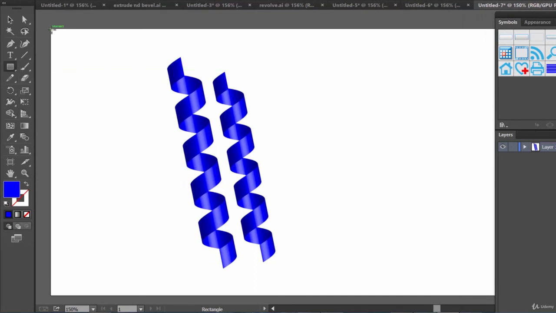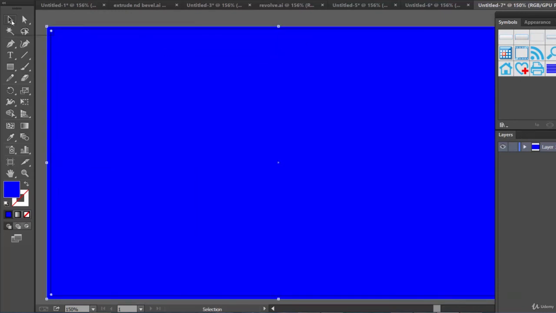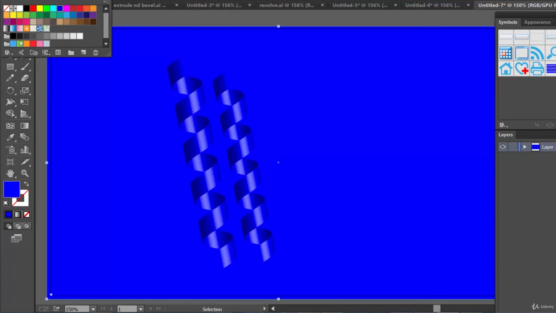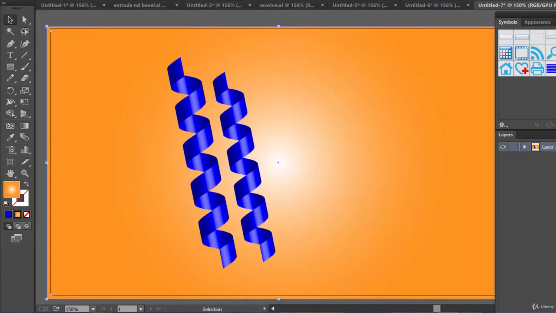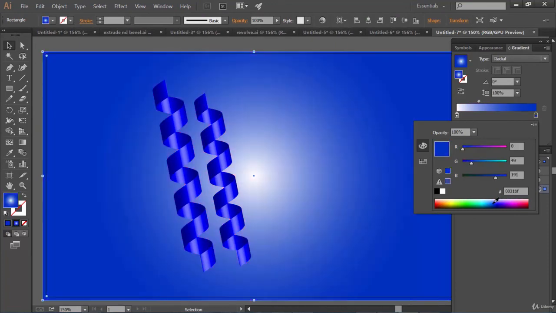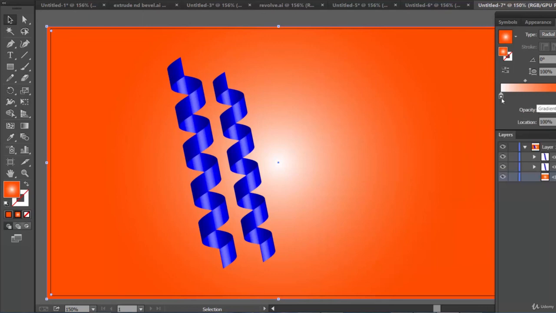How? Create a rectangle. Arrange, Send to Back. Let's provide a radial gradient and see, it is also looking nice, right? And here we have provided some different color. This is also looking nice. This is looking really nice.